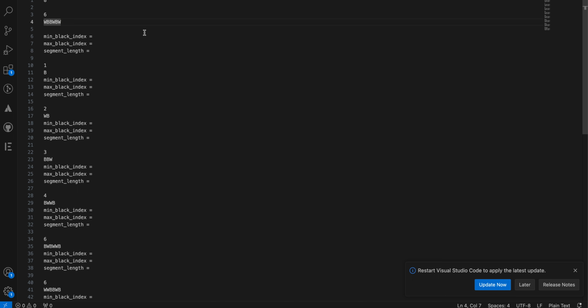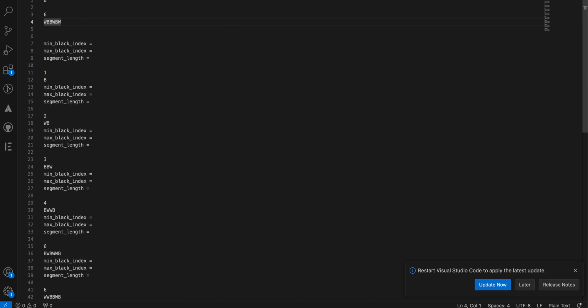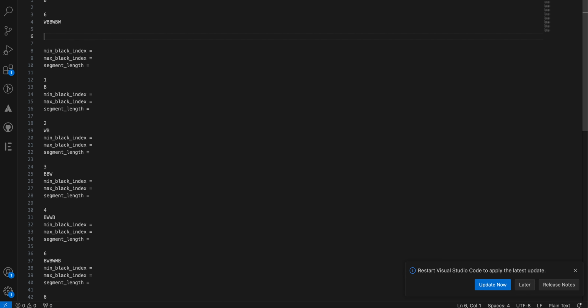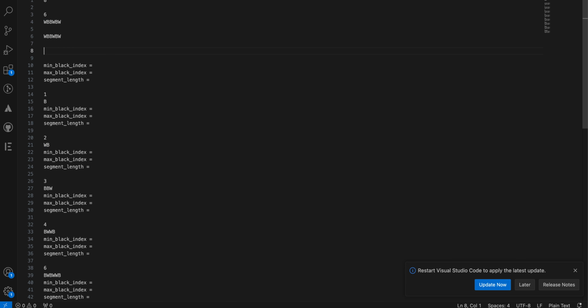Okay. So in this case, let us just say I am choosing the first segment only, W, and painting it in white again. What will it become? It will still be the same, right? If I just paint the first part, this W, it will remain the same. Let us just say I select the first two letters, then after painting it will become something like this, right? The second cell, which is black, will turn into white,